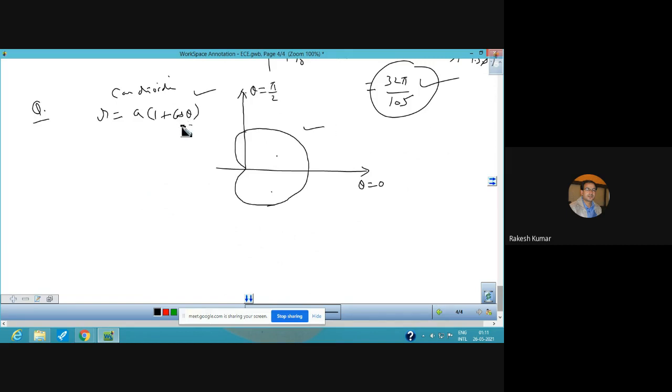This is the equation of the cardioid. This point is your origin, capital O. Since the upper half and lower half of the region generate the same volume, we consider the revolution of the upper half only. So the volume of a revolution about the x-axis is